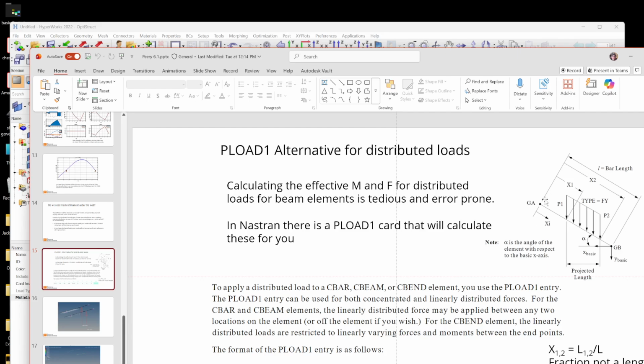The way it works is you can define a distributed load over a segment of a one-dimensional element, and that distributed load can linearly vary. So what we do is we define 2 points on the element. Most often they're going to be the grid points, but you can actually offset those. So that uses this x1 and x2 feature, and then we define the values of the distributed force at both of those